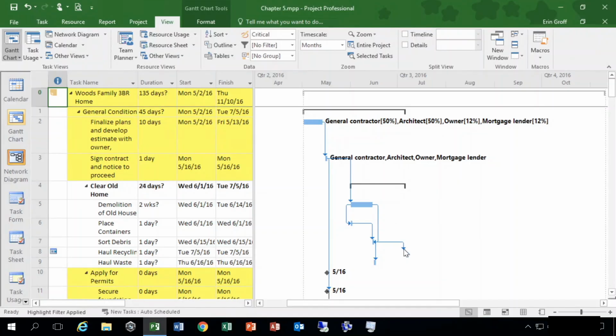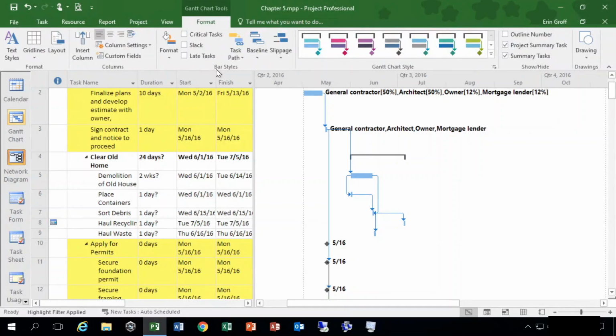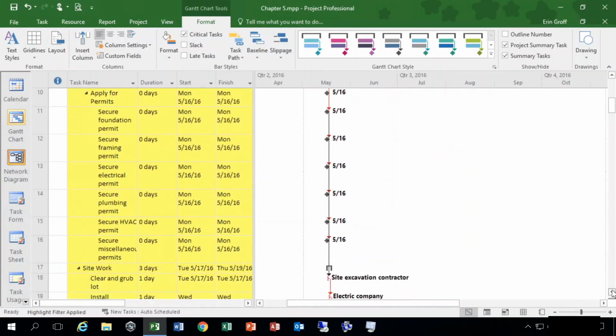Now, looking at the Gantt chart view, you can see some tasks are on a main direct line here, and you can see with some of them they go off on little tangents of their own. So some tasks can be occurring at the same time as others. Now, if we wanted to highlight the critical path in our Gantt chart, I can go up to my Format contextual tab, and in my Bar Styles command group, if I check off Critical Tasks, it's going to highlight that critical path in red. And you can see, it's like the main pathway,